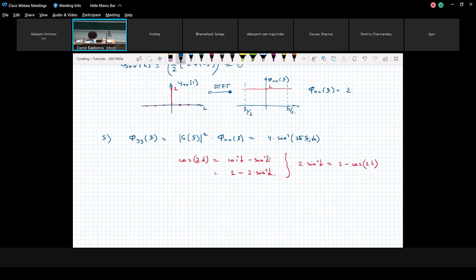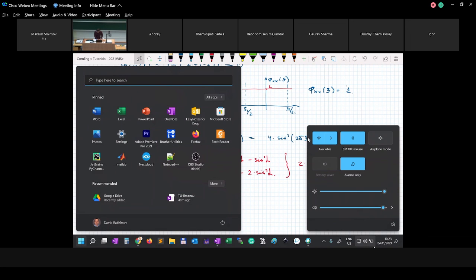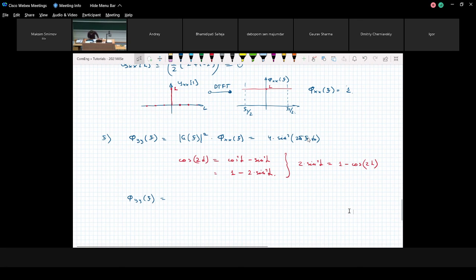We write that this power spectral density function of f equals 2 times, and then 2 minus